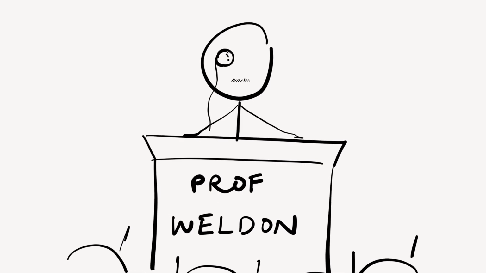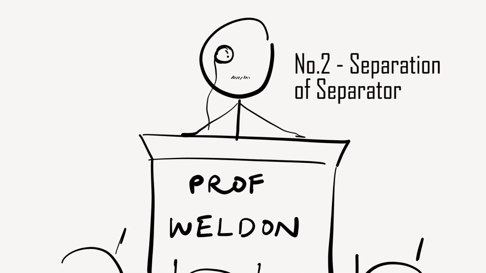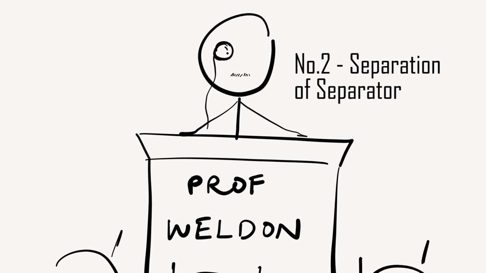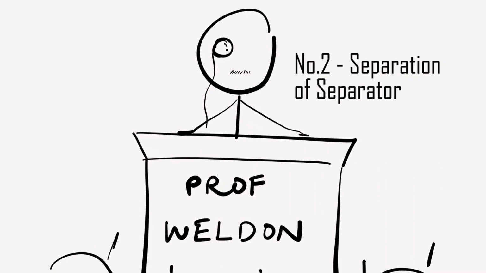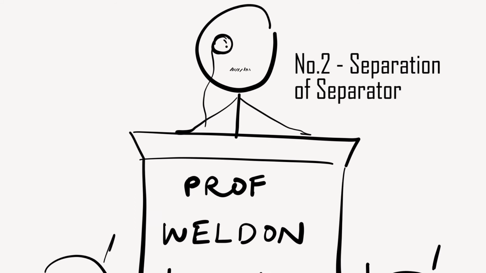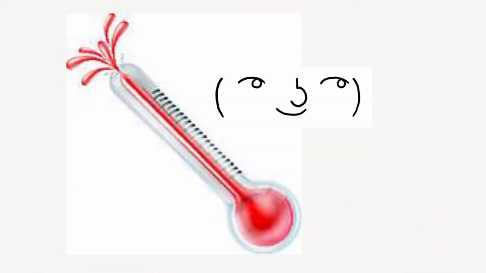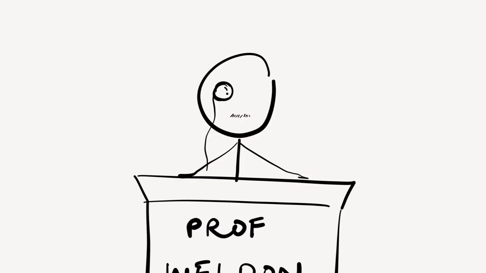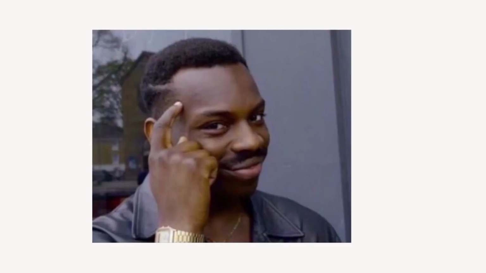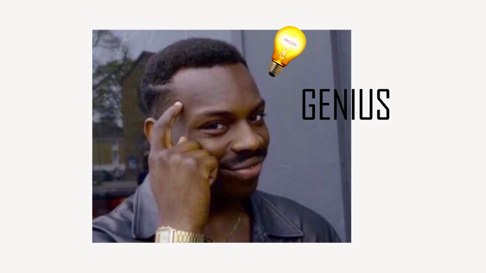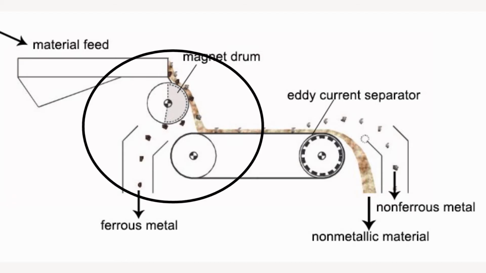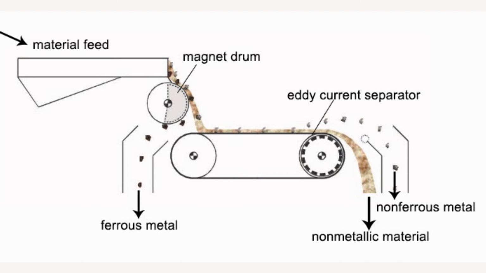They have also come up with two separate systems, instead of ferrous metals and non-ferrous metals being separated together. That proved to be dangerous as, when ferrous metals are being separated along with non-ferrous metals, the magnet will get heated up very fast, and this results in wear and tear of the conveyor belt at a higher rate. So, they came up with a solution with a separate system where ferrous metals are separated first within the magnetic drum and non-ferrous metals by the conveyor belt.